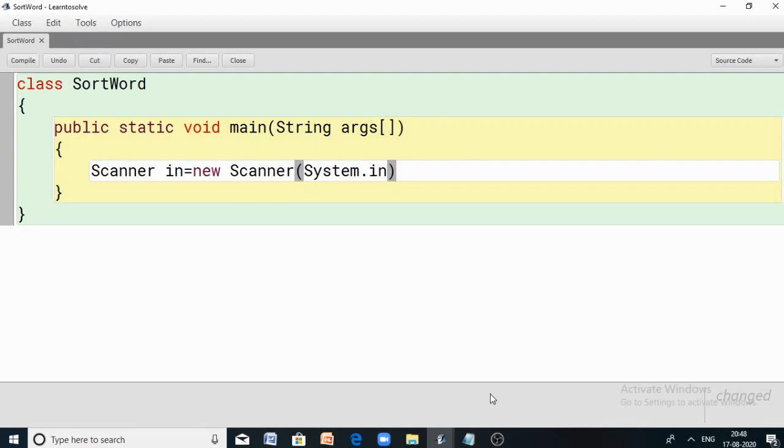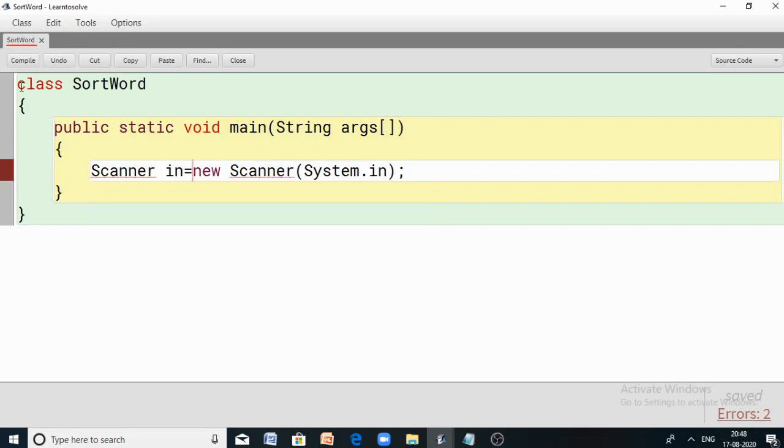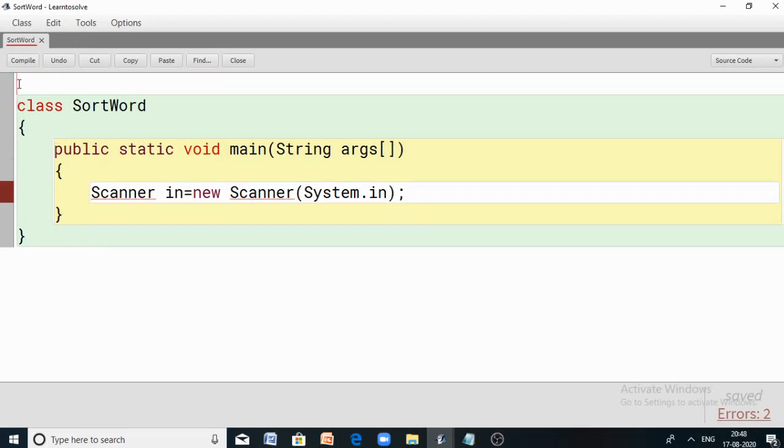Now the Scanner object is declared, but the Scanner class is not known to the program. Yes, the Scanner class is not known to the program and it is showing an error. Cannot find symbol class Scanner. So you have to import the package that contains the Scanner class in your program by using the import statement. So import java.util.*;